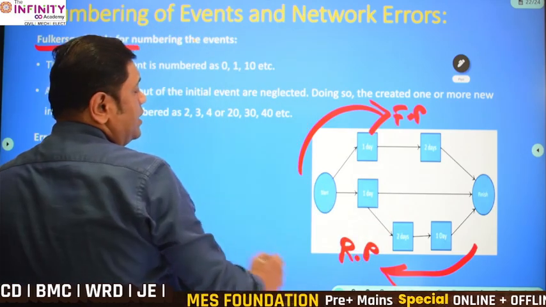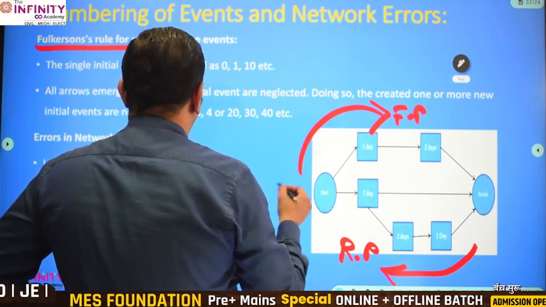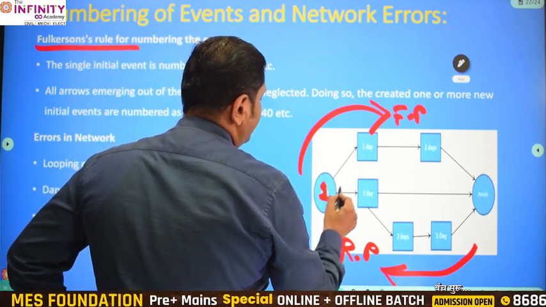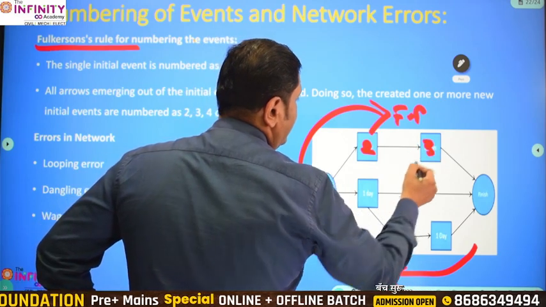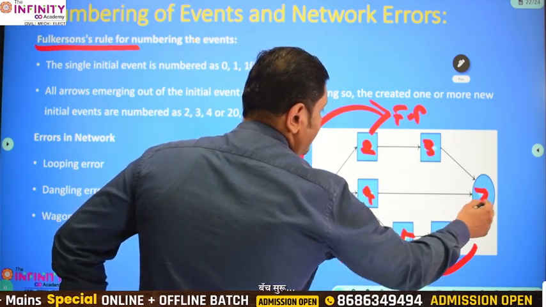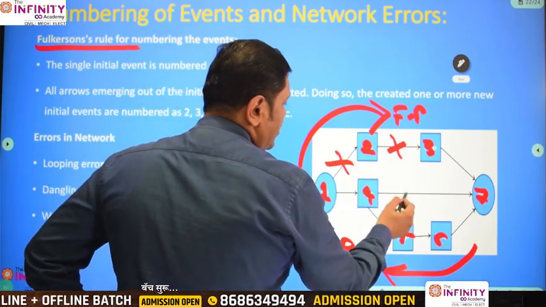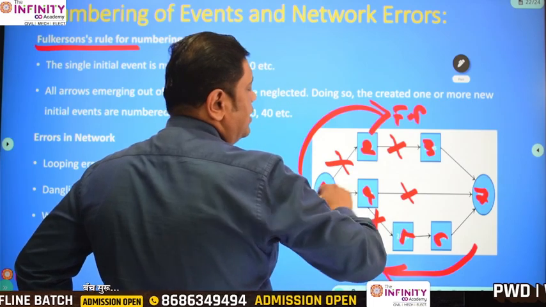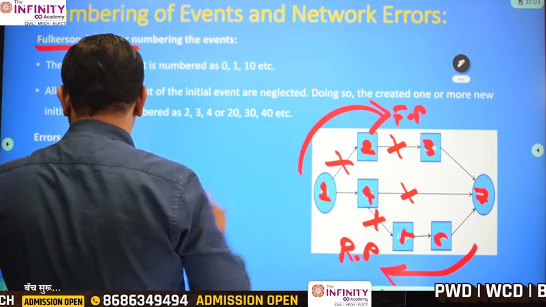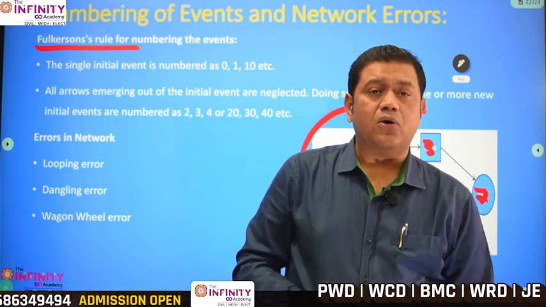In this particular logic, he says that the events should be numbered from the initial events, meaning this should be 1, 2, 3, 4, 5, 6, 7. There should not be numbers given to the arrows. Numbers should be given only to the events, not to the activities. By doing so, sometimes we come across